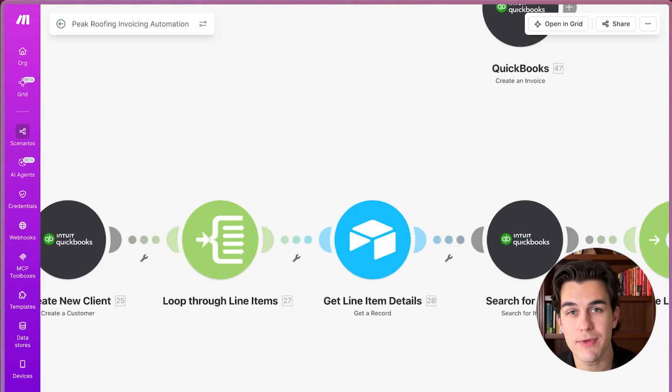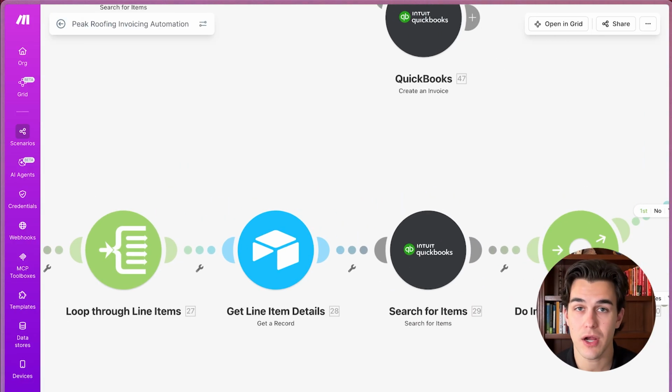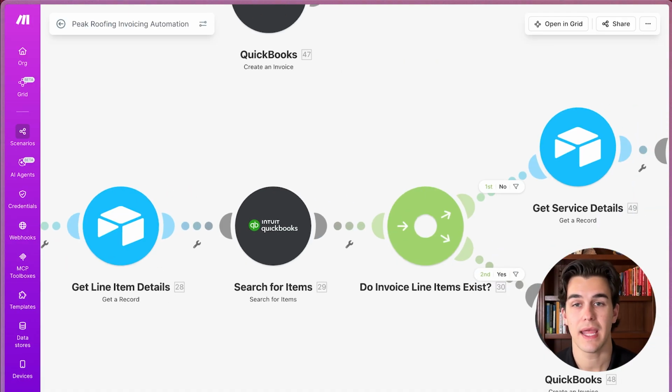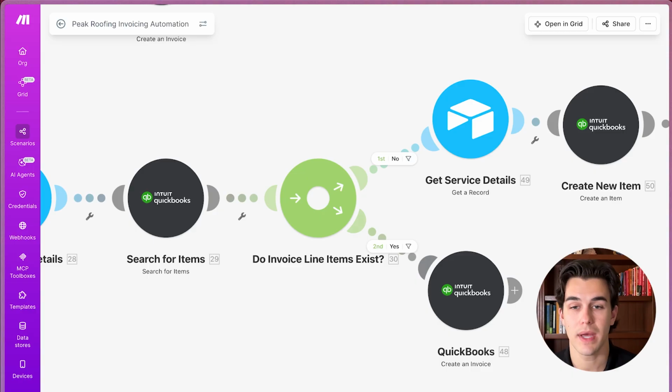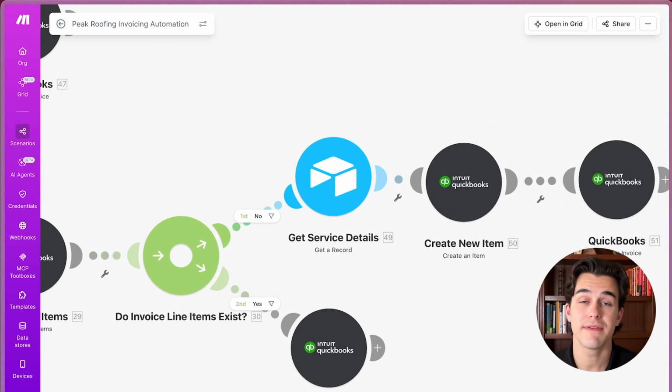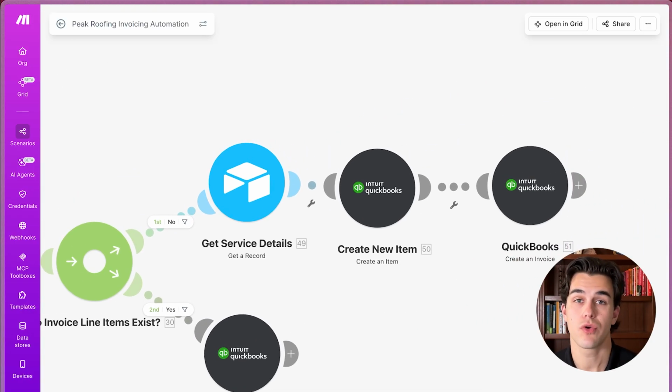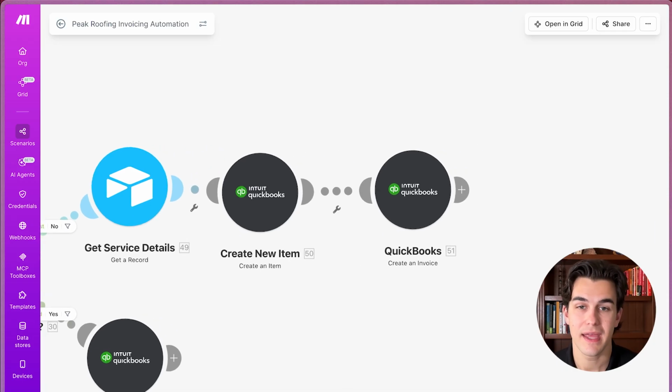Then we're going to start looping through each line item because our invoice in this case has more than one. We're going to search for the details, and if it exists, then we go ahead and create that invoice. If it does not exist, we have to go create each new line item and then create that invoice. So I hope that those architectural questions up front help make sense of the complexity or the different branches of